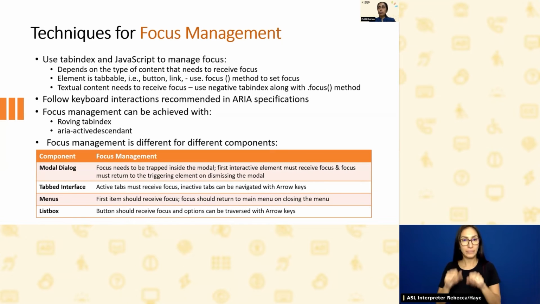Focus management is, yes, different, but not difficult to implement. And when implemented correctly, it enhances the user experience for keyboard-only users, screen reader users, low vision users, switch control users, and even users who are using voice input.